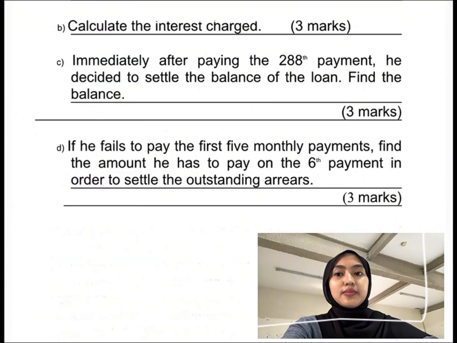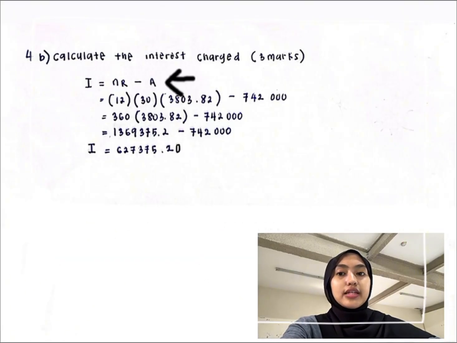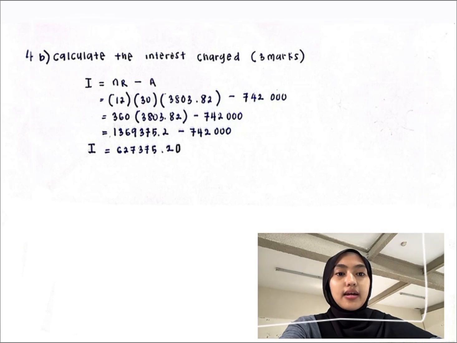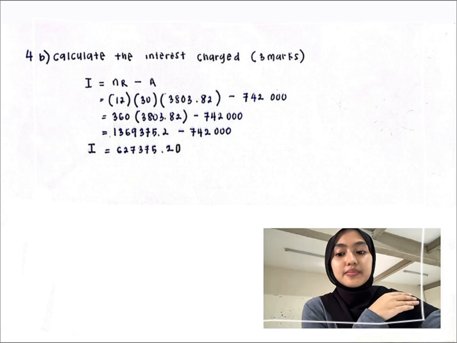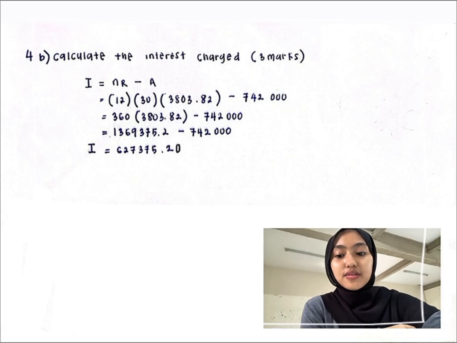For the next question, we need to calculate the interest charge. So we use the formula: interest charge I equals nR minus A. After that, we fill in all the information that we got earlier, so that we can solve with your calculator, and we get the final answer is 627,375 ringgit